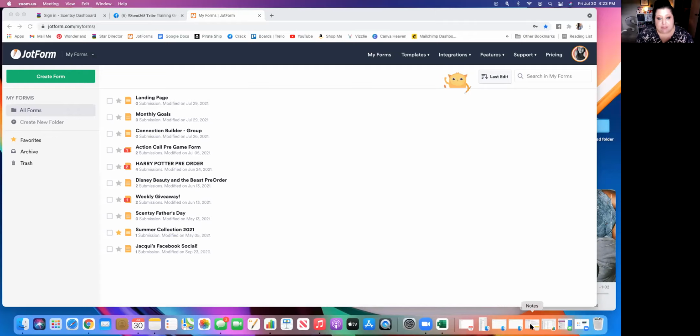There is a free version, so you do not have to have the paid version in order to create this. Here's your difference when it comes to JotForm, free versus a paid, I don't know, they call it a pro or whatever subscription. Either way,